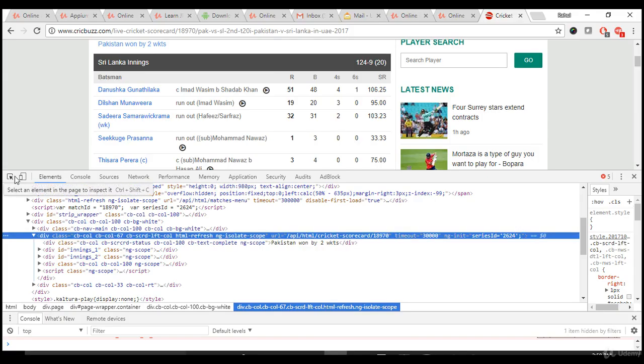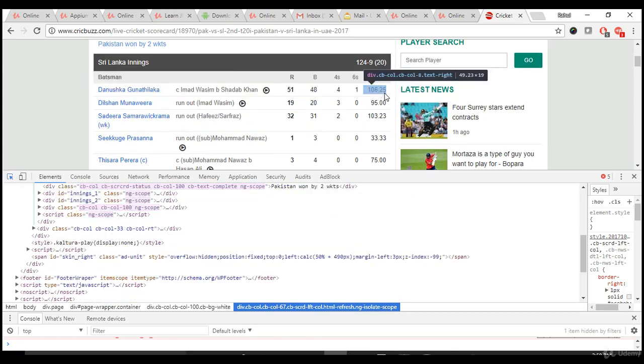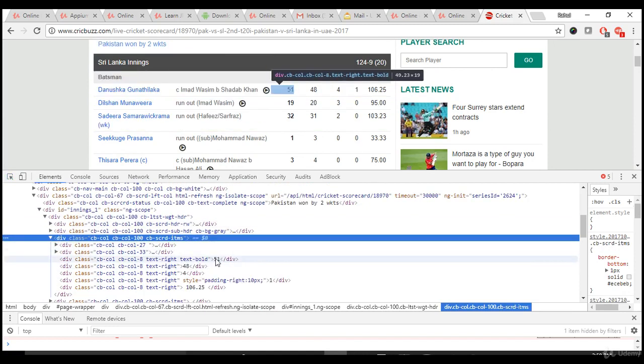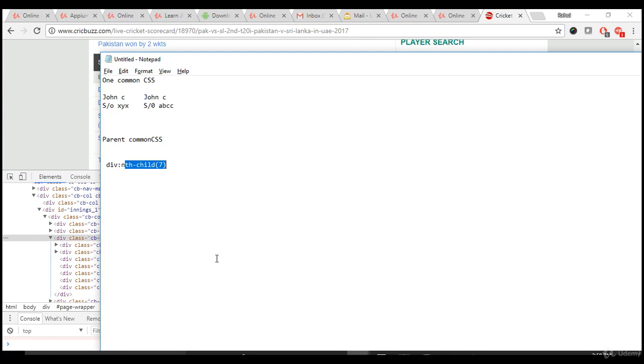So in our test, this is the row which we grabbed now. Inside it, the third one is our required one. So we could simply say that it is the div tag, nth-child of third one.